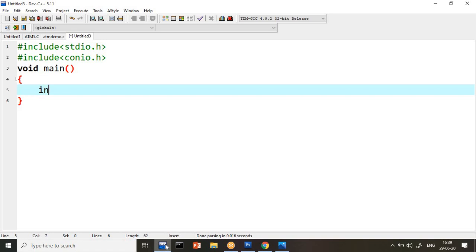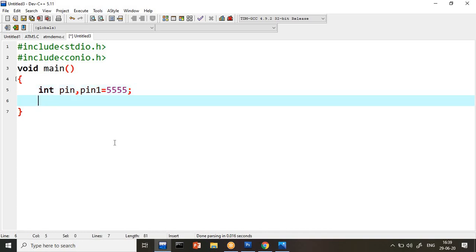So to read the PIN number, I will create a PIN number first. One I will create PIN and second I will create PIN 1. In the PIN 1, I will store my PIN number, and PIN is nothing but I will read the PIN number from the user. So let us read first printf. I will explain very step by step guys, don't worry. Enter the PIN number. So user will enter this PIN number,